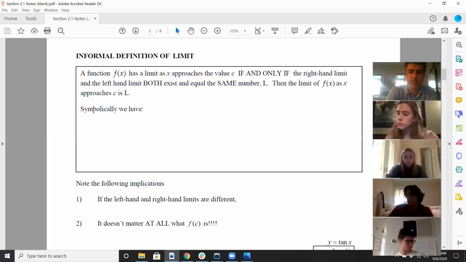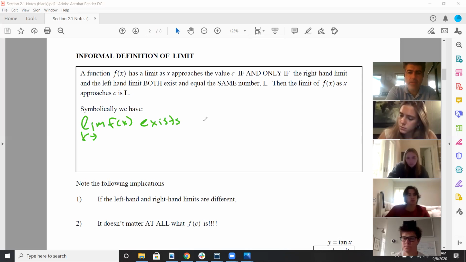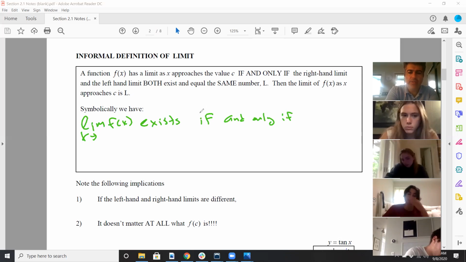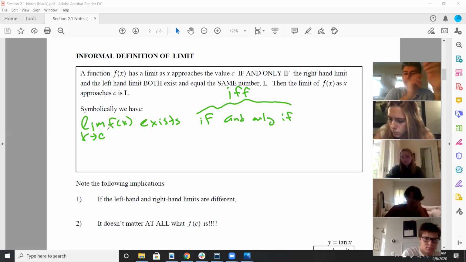So the limit as x approaches c of f of x exists if and only if, and this phrase right here sometimes is abbreviated as IFF. Some people do that to make it easier. But the limit as x approaches c, my bad, forgot about the c there. The limit as x approaches c of f of x exists if and only if